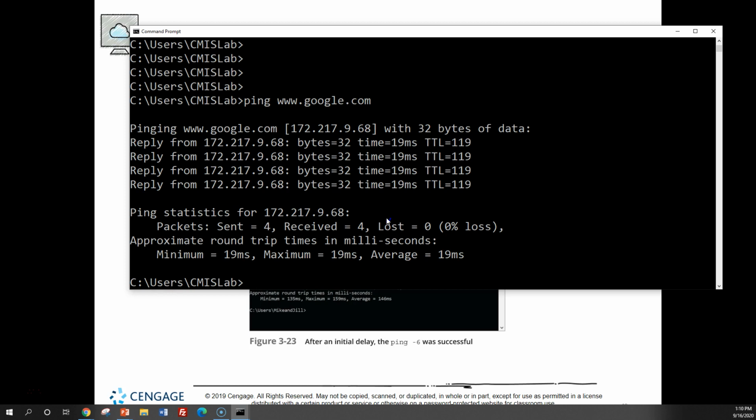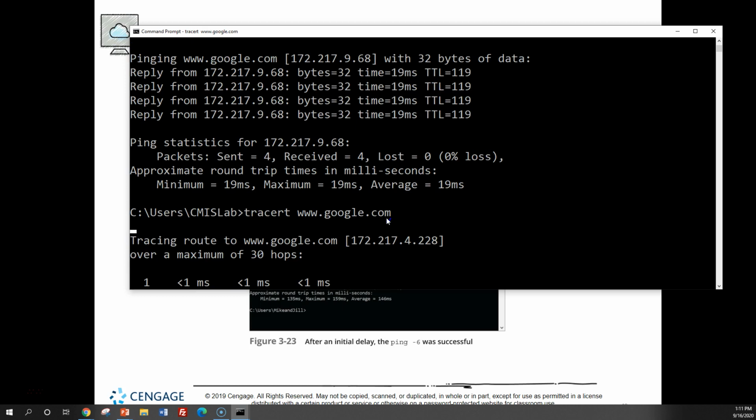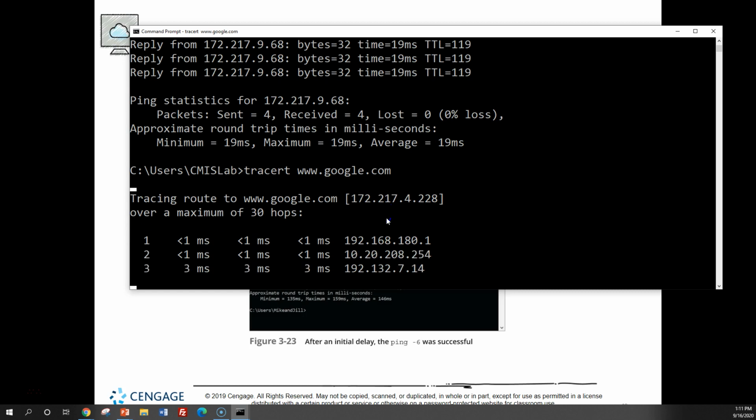I'm going to start a brand new command that we have not seen yet. And that command is called traceroute. T-R-A-C-E-R-T. Traceroute. Why do we spell out one word, shortcut the other? I don't know. But traceroute does something kind of unique. So if I hit Google,